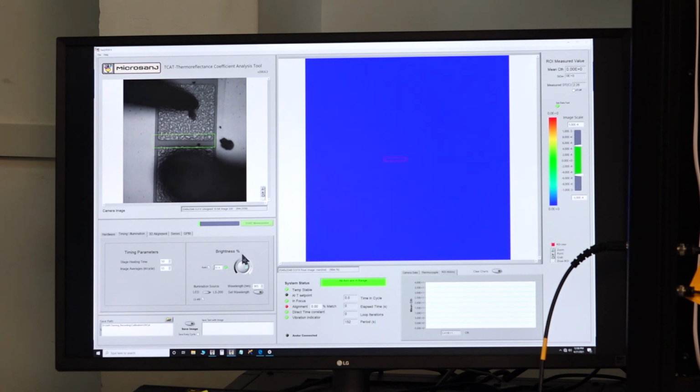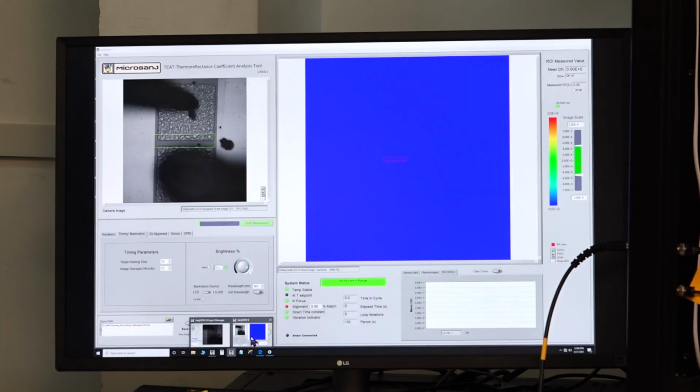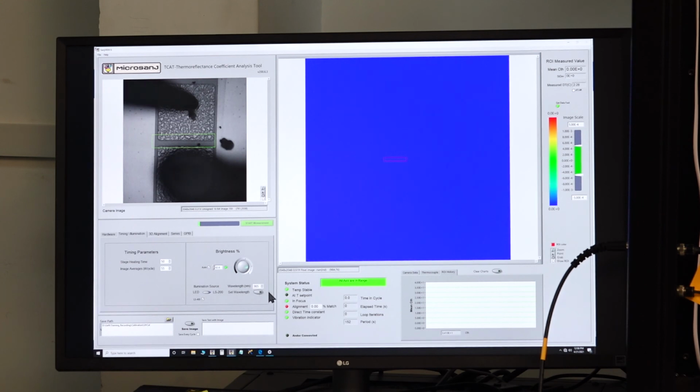We also have this brightness module here. The brightness module must be set to auto, because the CCD will then set the brightness to a level wherein it can generate a very good optical image. So this indicator must turn green for a good image to be generated. So we have set this to auto, and the next thing that we set is the wavelength. We must check that the wavelength that we had selected in the project manager, which is here, matches that in the calibration window, which is here, 365 nanometers currently.